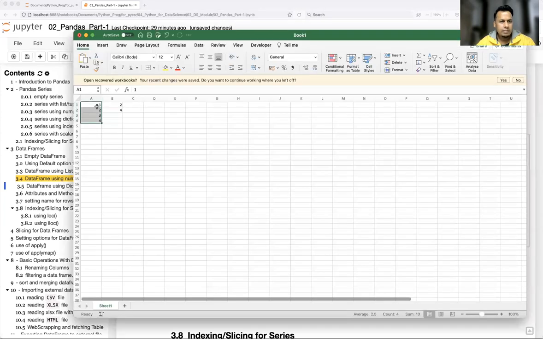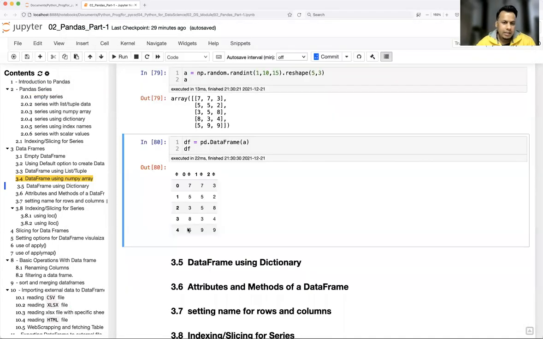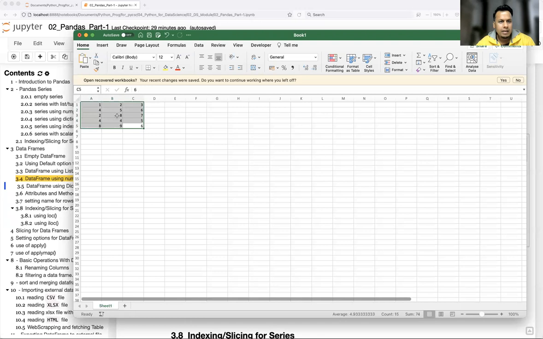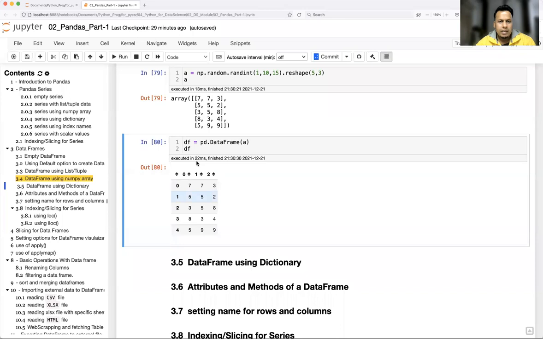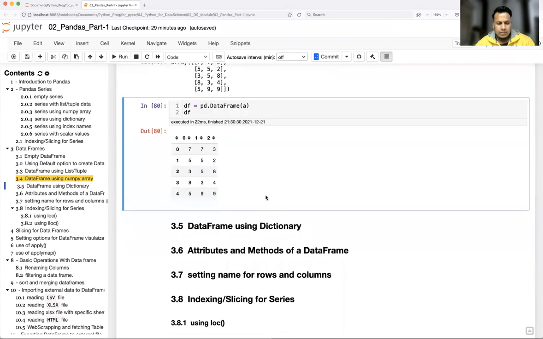So if I write the same thing here, let's say 1, 3, 4, 5, 6, 7, 8, 2, 4, 4, and let's say 5, 6, 9, 8. So this is my 5 by 3 array, 5 rows and 3 columns. Exactly the same thing I have. So my A, B, C is nothing but your column header, and here 1, 2, 3, 4, 5 is the row header. But in the case of Python pandas, we have 0, 1, 2 and 0, 1, 2, 3, 4 as the row header. So that's how you do that.